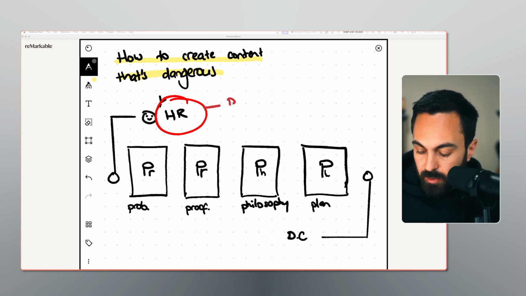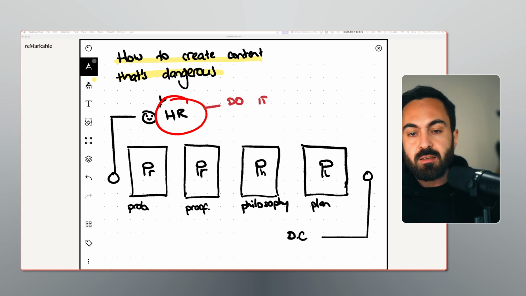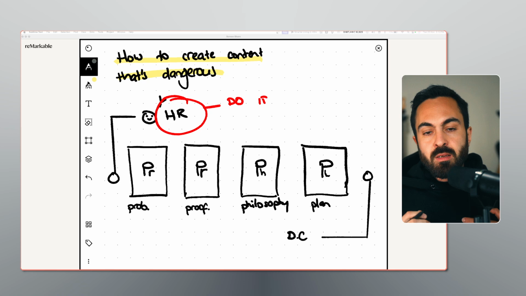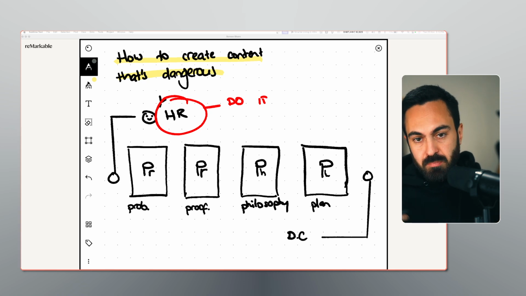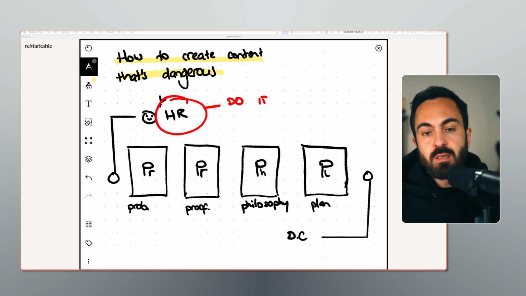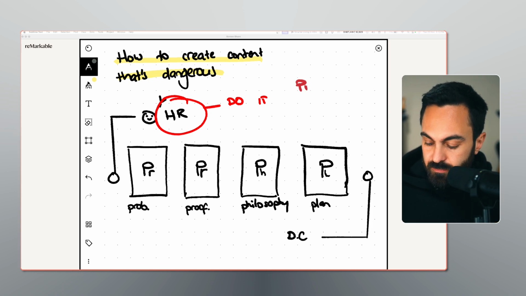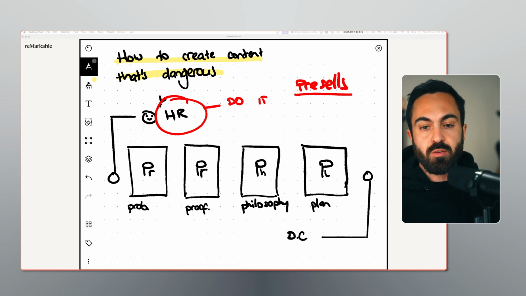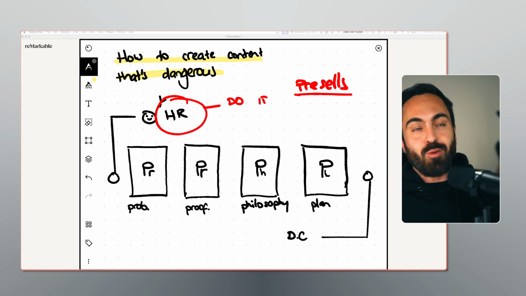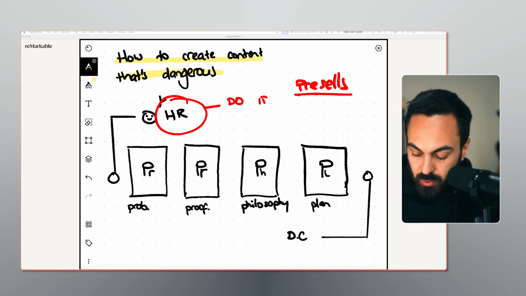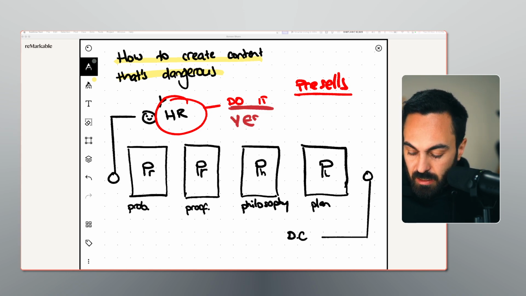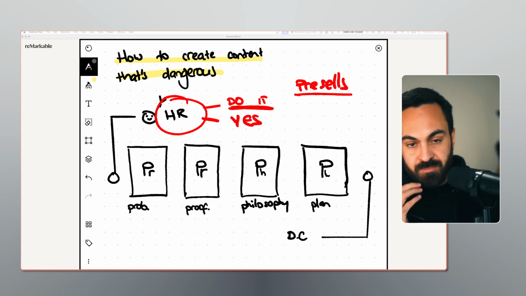Just hit reply with "do it" or "yes" to get an indication of whether this is good or not. The hand raiser not only pre-sells, it also warms up and gives you an indication of whether this thing is good or bad. If you're about to launch something and you don't get your do-its or your yeses, then you know you've got to tweak something.